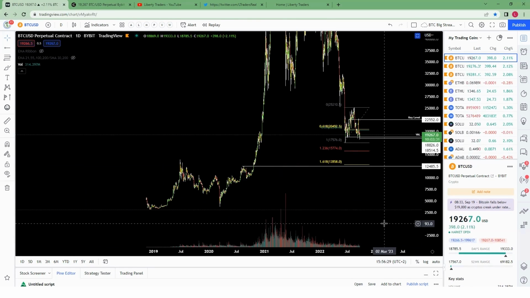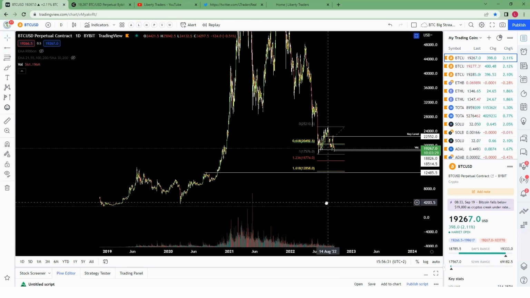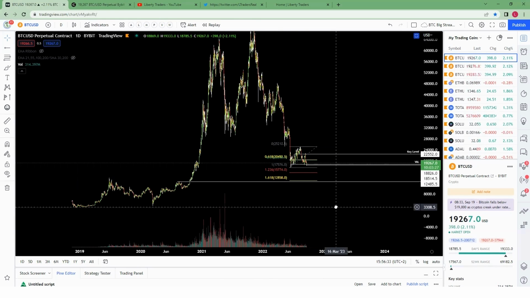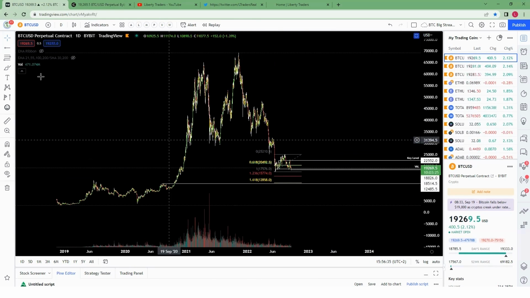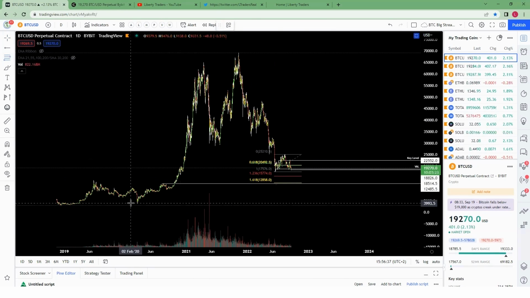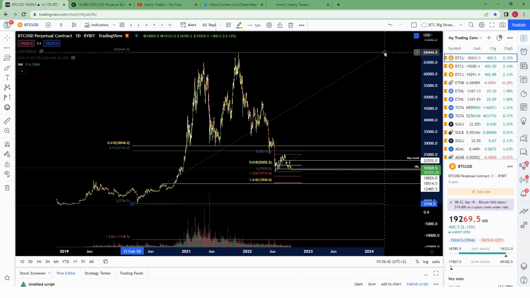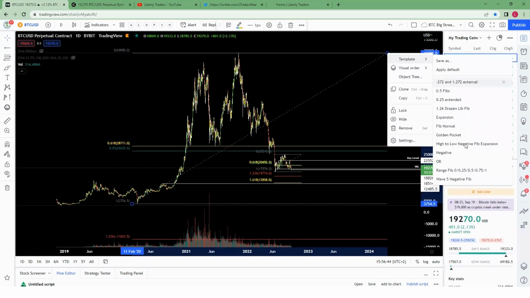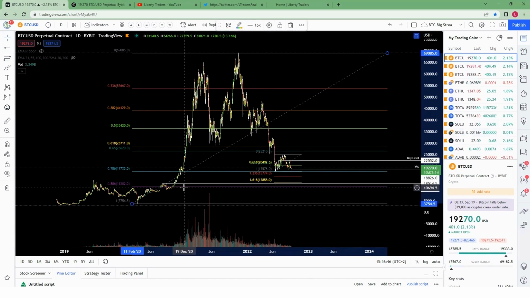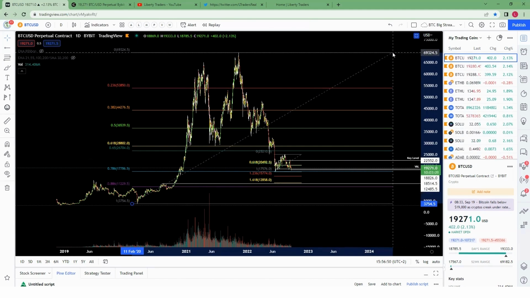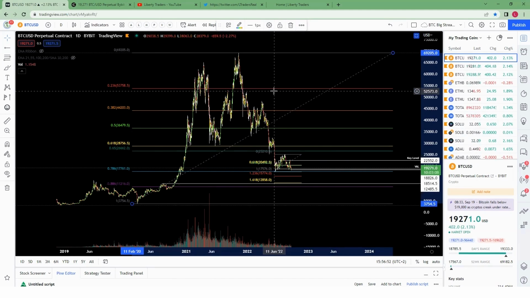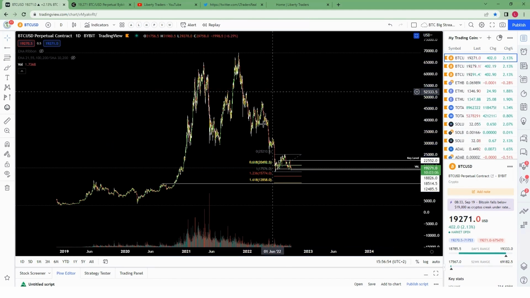That would bring some major spanners into the works for Bitcoin. That's definitely going to be a major concern. I just want to quickly see Fibonacci normal. Yeah, you can see the edit tick is coming in about 11,000 or so. So that is valid, coming back down those areas for support, but I don't really want to go back down